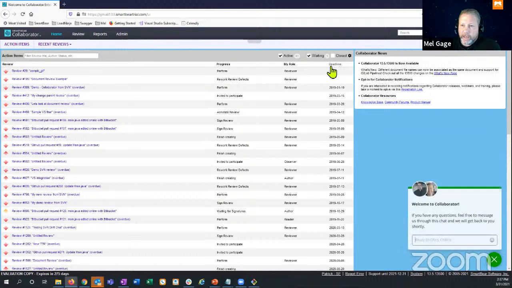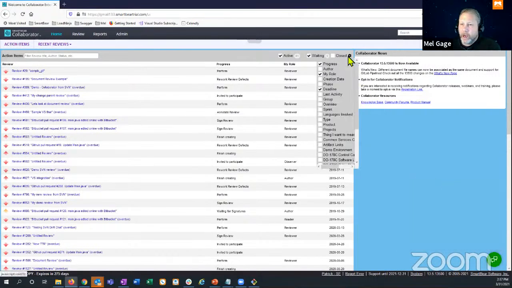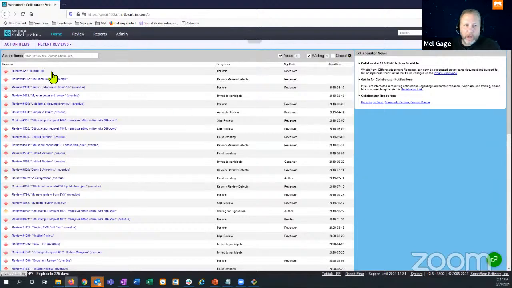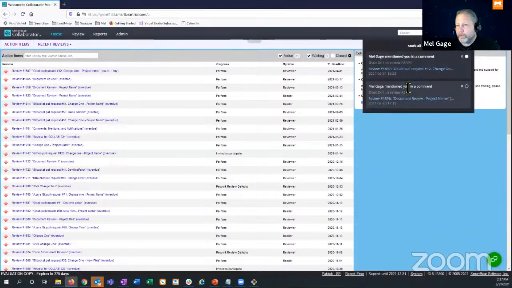And once again, he could come in and adjust his messages if he wants to, add any additional headers if he wants. We can sort by deadline. We're certainly going to see that new GitLab pull request that we just assigned to him. But we're also going to see that notification icon up here at his notification bell. And if I click on my bell, we're going to see his